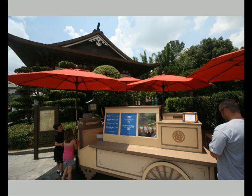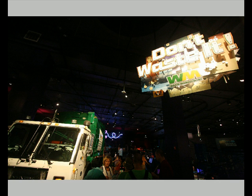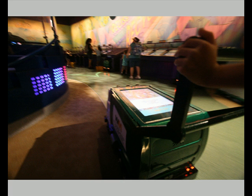Over at Epcot, here's the Kakigori, the shaved ice cart that's temporary out in the front of the pavilion. They've got walls up around the existing structure. And then the Don't Waste It exhibit in Innoventions. I don't know if the sign is a reference and the name is a reference to not wasting your time, but at any rate, here's the exhibit that was here since 2008, designed to teach you about trash and recycling